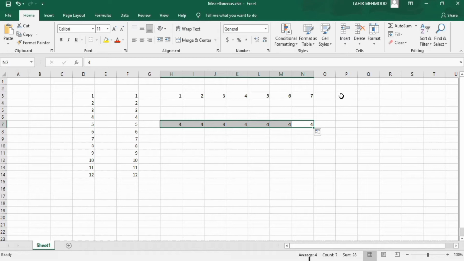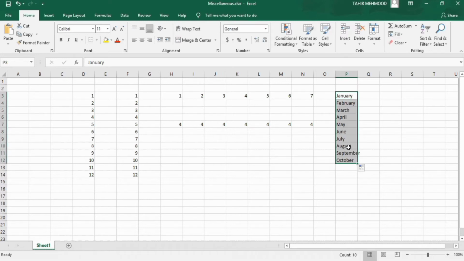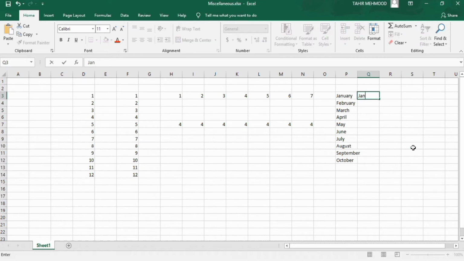Now if you want to write the month, for example January, and drag it, it will automatically fill the remaining cells, February, March, April. If you write it in abbreviated form, for example JAN, and drag it, the remaining cells will be filled in abbreviated form.